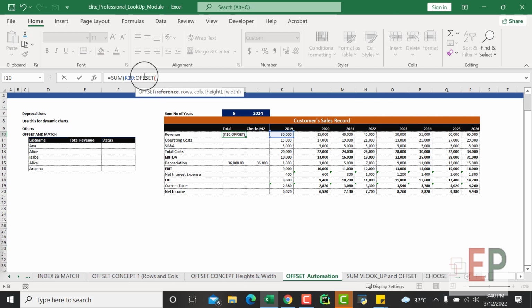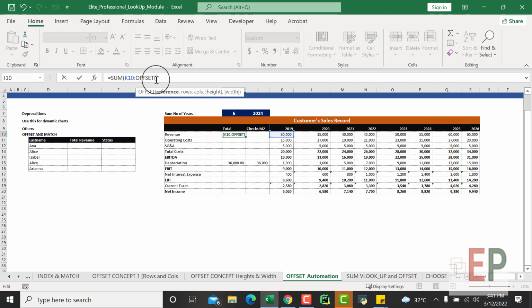So now, remember, I am moving towards this direction to the right, which is positive, okay? And then move towards this direction again. This is what? This is column, right? This is column. I'm not moving up and down. I'm moving right to left. This is column or width, right? So we're going to be using column or width for this